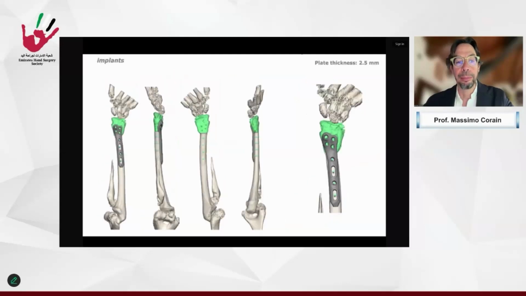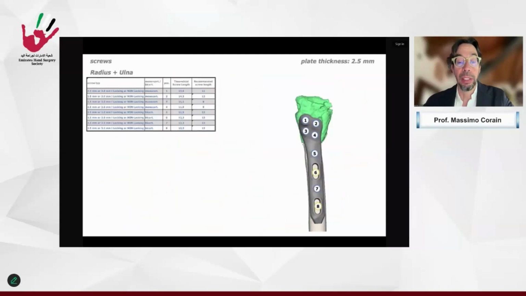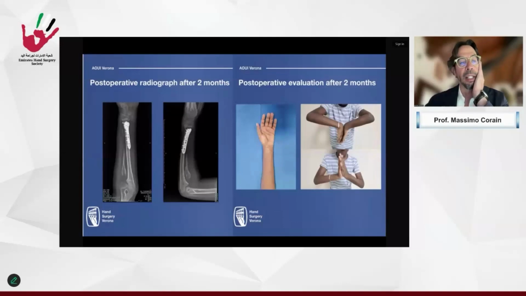And the plate, in all these cases, I have the perfect length of every screw. So I only have to ask, give me the 1, the 2, the 3, the 4, and the length is already decided before surgery. This is the radiological post-op aspect and the clinical aspect during the follow-up with a good straight alignment of the wrist and a maintenance of the flexion extension of the wrist.